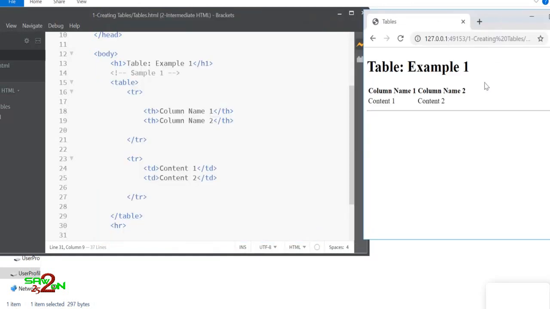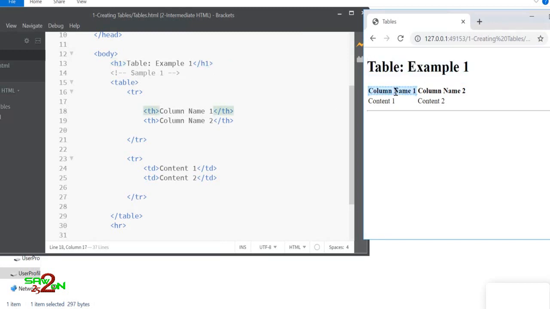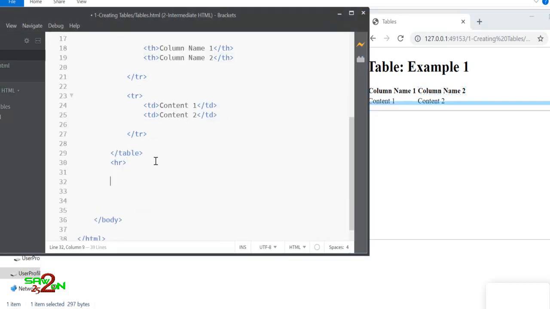Okay, so here you can see you have a table, that's the H1. Then you have column name 1, that is TH, this again the TH, then you have TD, and then you have the TD. So you see the new lines here. The table has a new row. That row is coming from this TR. Okay, and then TDs are nothing but your columns. Okay, the columns are column name 1 and column name 2, content 1 and content 2. The row is basically the new line, that is a new entry inside the table. Okay, so let's create one more sample of how to create the same table.